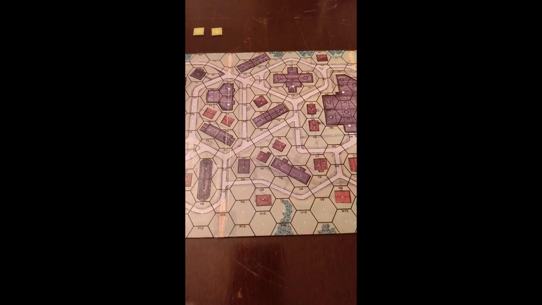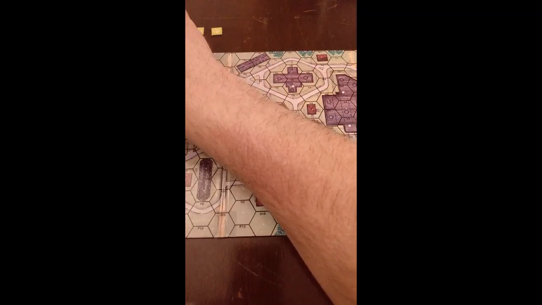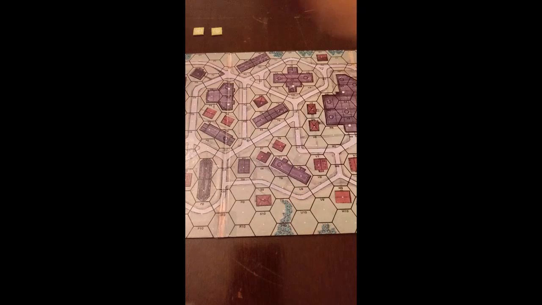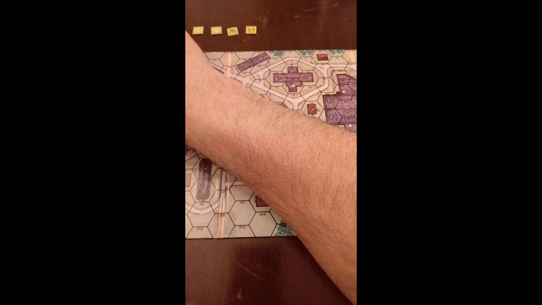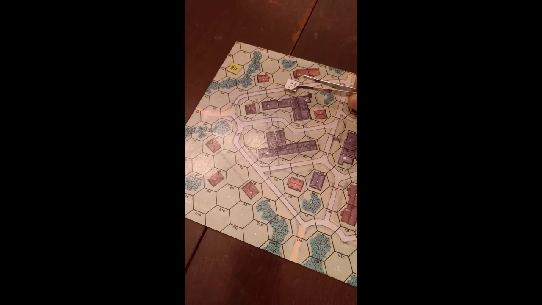But we're going to declare double time again and allow us to get the 2 additional movement factors, 1, 2, 3, 4, 5, 6, 7. Again, that's 5 for being on movement, plus the 2 for the CX, because we're double timing. Now that we're exhausted, we have to go back to a normal amount of movement factors. I think that got us our 4th movement phase, if I counted right. So we're exhausted, so we can't do any extra movement here. But we're on the road, and we'll go 1, 2, 3, 4. That ends our 5th movement phase.